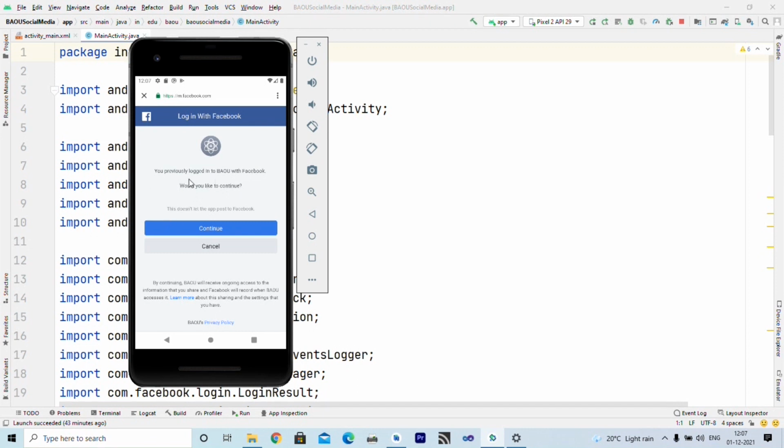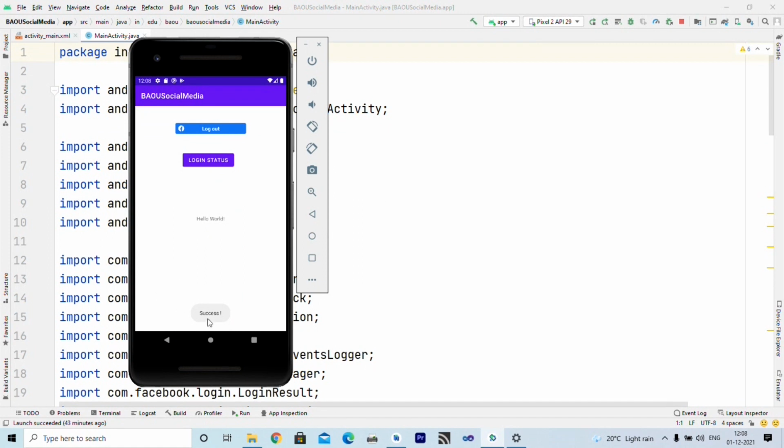If it is for the first time, and if you are already logged in to Facebook, then it displays continue as your username, or if you have never logged in before, then it asks you to enter username and password. Now here, since I have already logged in previously, I just have to press continue.